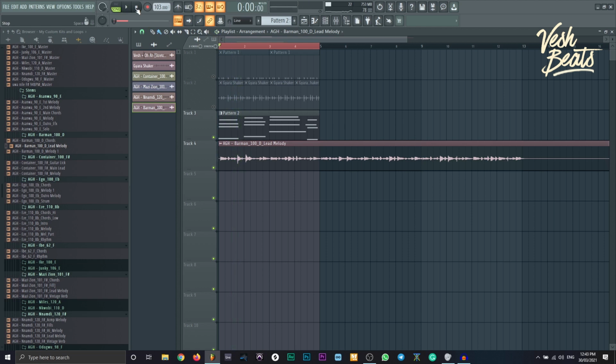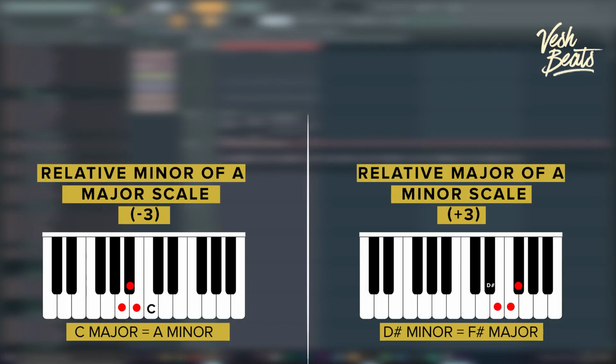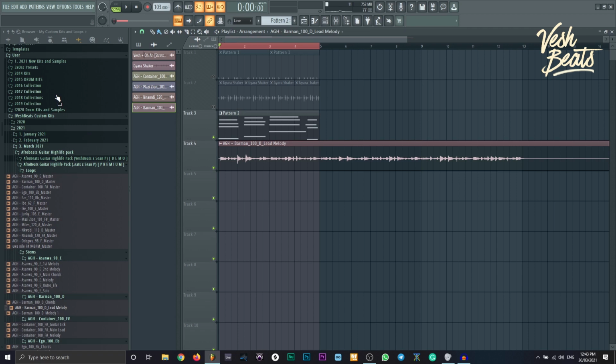Now, this is how you can use any sample with any beat, any instrumental with any other sample, all by knowing the relative major and relative minor of that key. That's all. So I'm hoping you guys have gotten a better understanding of how to use loops and samples, how to have them perfectly in time with an instrumental or a beat you're making, and if you take a sample and it doesn't have the tempo information saved, the simple thing you can do is to